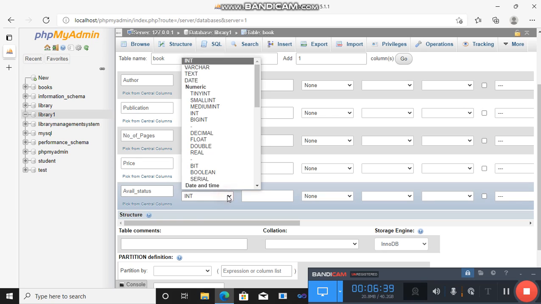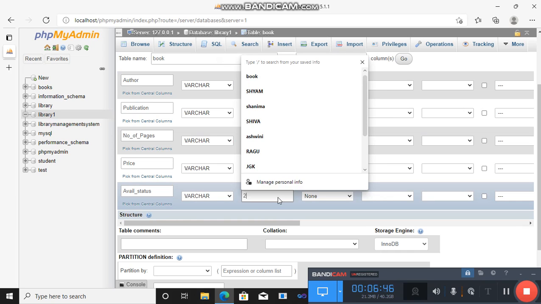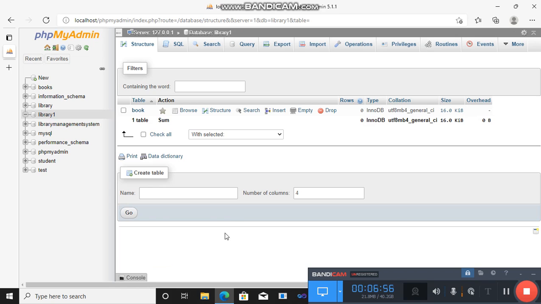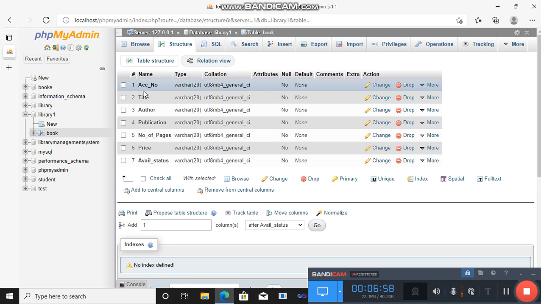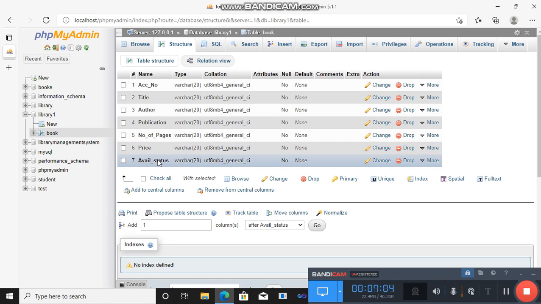So we use the column name available status, varchar, and I will give 20. Down here you can see Save. Click on this Save button. The columns have been saved successfully. You can see here accession number, title, author, publication, number of pages, price and availability status.